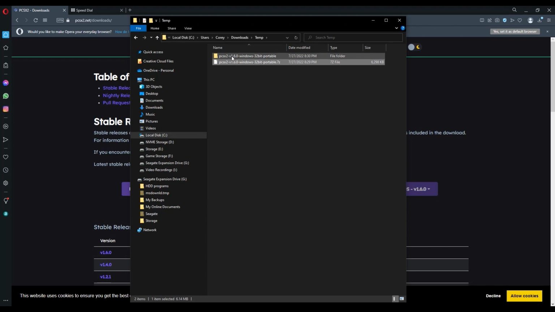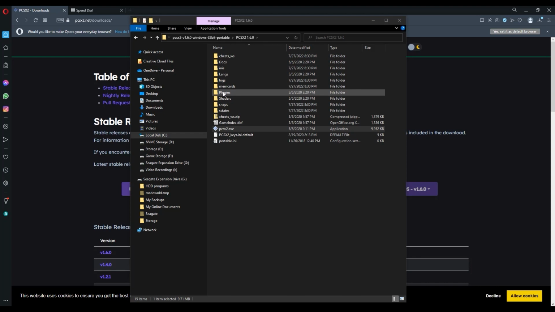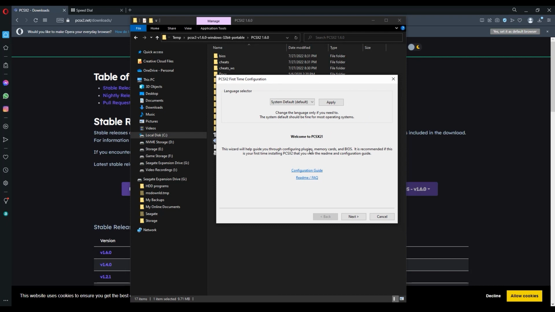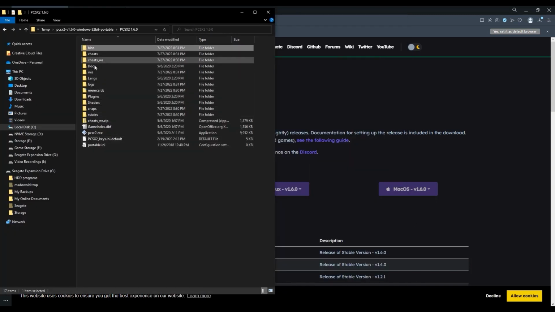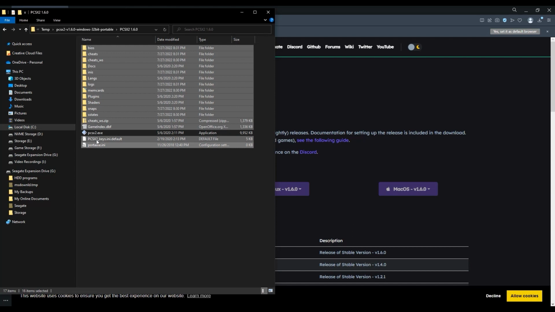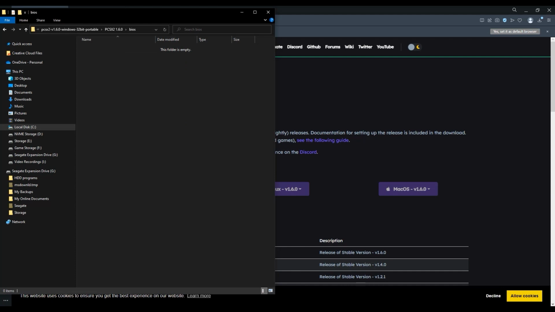Once you extract the folder, we're going to open that folder. And in that folder, there's a PCSX2 executable. I keep mixing that up. Click and run it, but then just close it. The reason why we're doing this is that when you launch the application, it creates all the files that we need for the RetroArch core. So now what we're going to do is copy all the files except for the PCSX2 EXE, and we're going to create a PCSX2 folder on our desktop, and we're going to copy